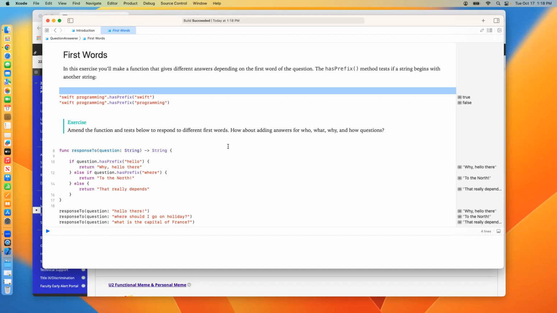So let's think about that. Let's look at what they're saying. They're saying in this exercise, you make a function that gives different answers depending on the first word of the question. So they're telling you right up front, we're not really reading the question. We're just looking at the kind of question they're asking and then coming up with a generic response. So we're going to develop a function called hasPrefix, and that method will test if a string